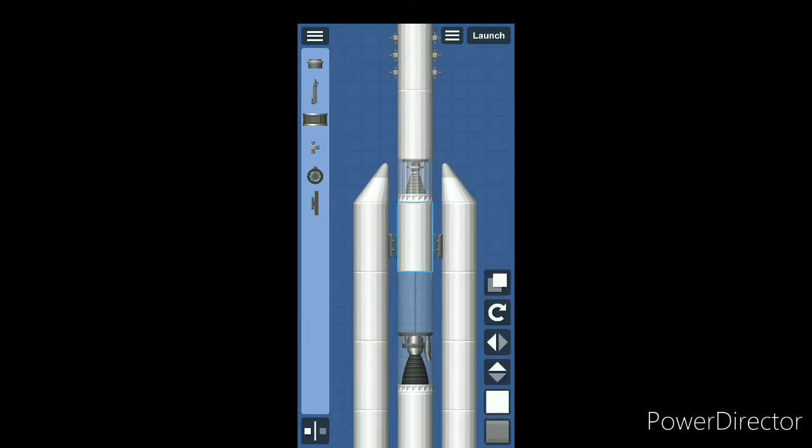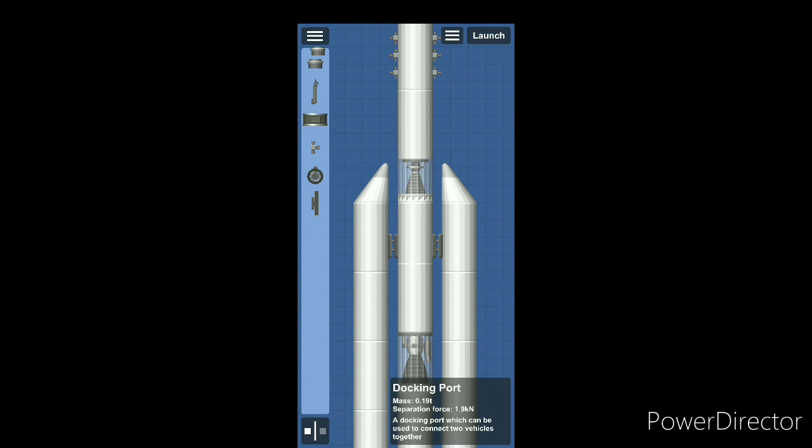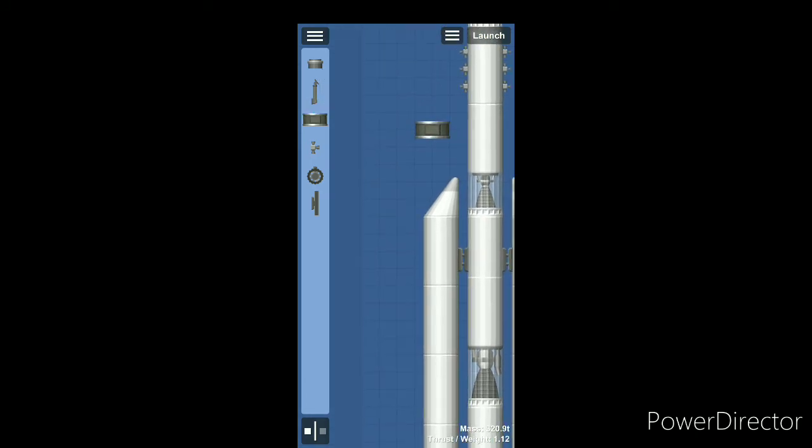What are these? So this is a docking port that can be used to disconnect two vehicles, and this is a landing gear which I had shown in the starting. This is actually a probe on which you can make your rover. So here we have some RCS thrusters again, so not much requirement here.